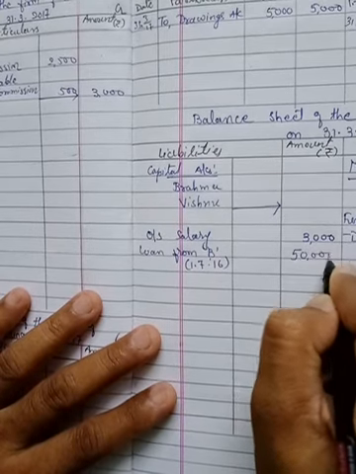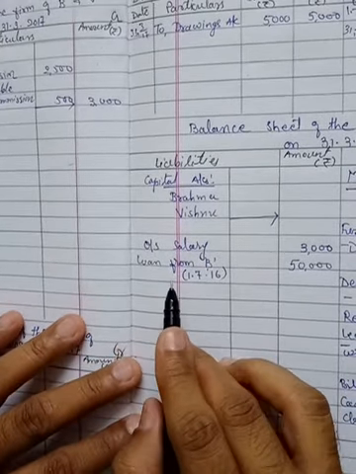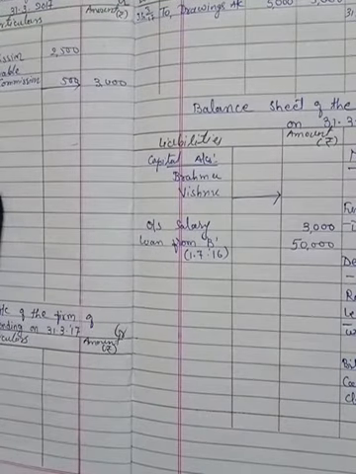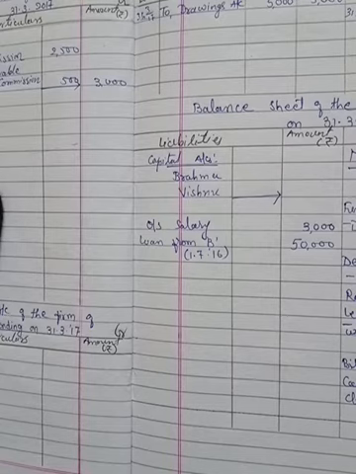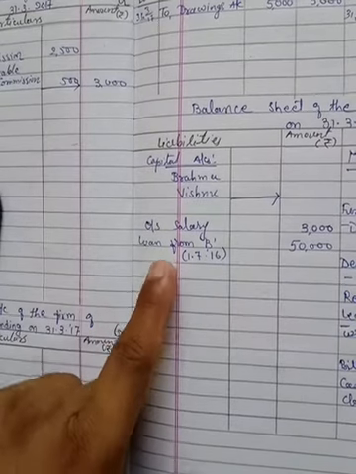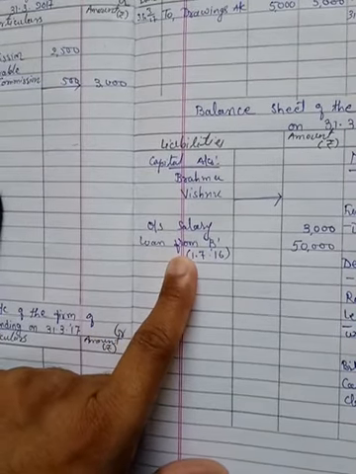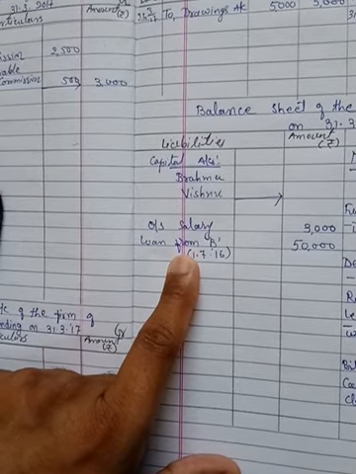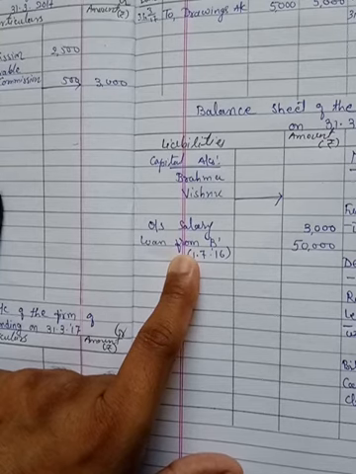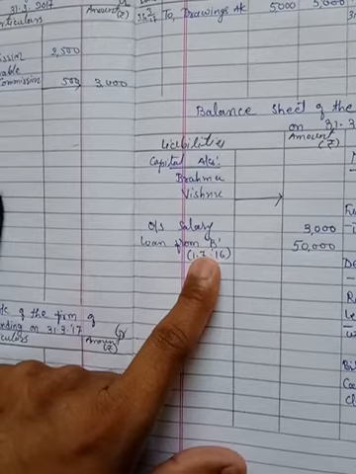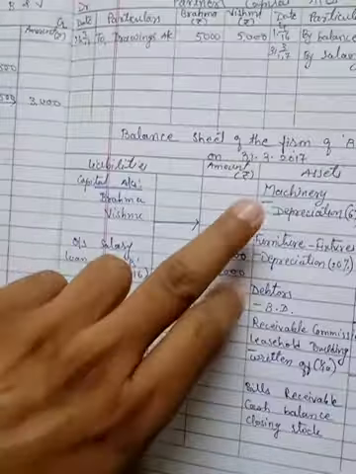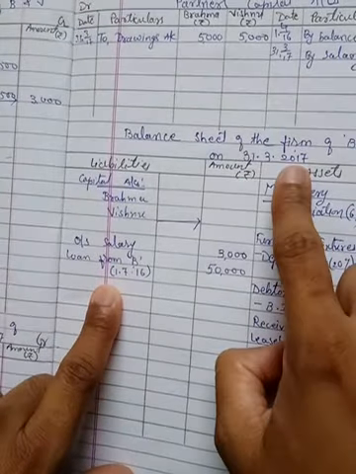Now it is a loan from a partner, and on the loan which we borrow we have to pay interest, so that interest we are going to record over here. They have not mentioned any rate of interest, but we know that when there is a loan of a partner available, the rate of interest will be taken as 6% if it is not mentioned in your sum, as per the Indian Partnership Act 1932. So we have to calculate 6% interest on this loan, for which period? From 1/7/16 to 31/3/17.